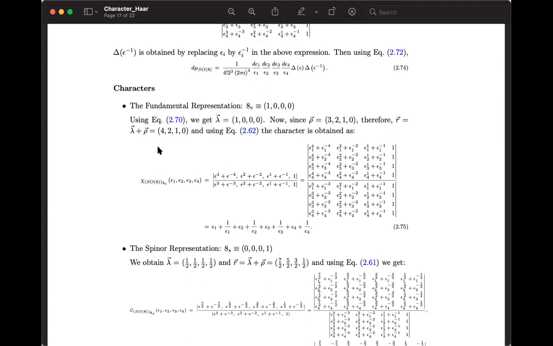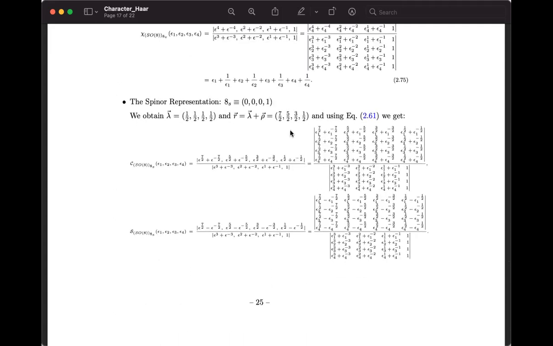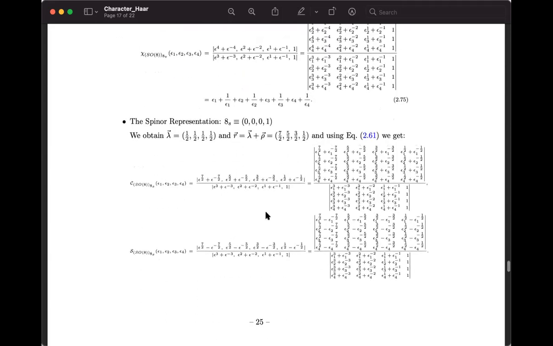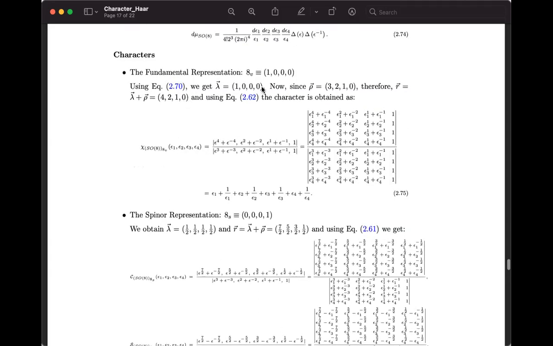So you can calculate the R, and the R's are different here, and you put it back for the fundamental representation. This is the character. The dimension is the same, but the character is different. Now see here, the lambda n is equal to non-zero. The difference basically is that in one case lambda n equals 0, and here lambda n is non-zero.